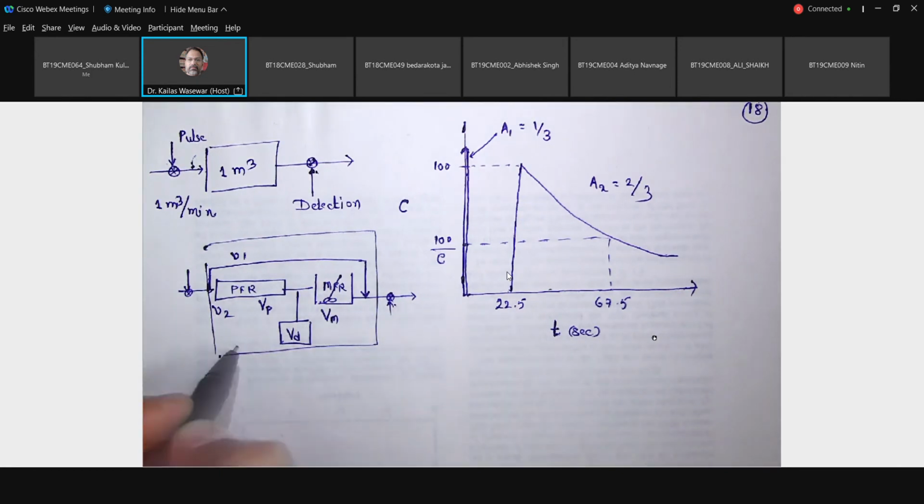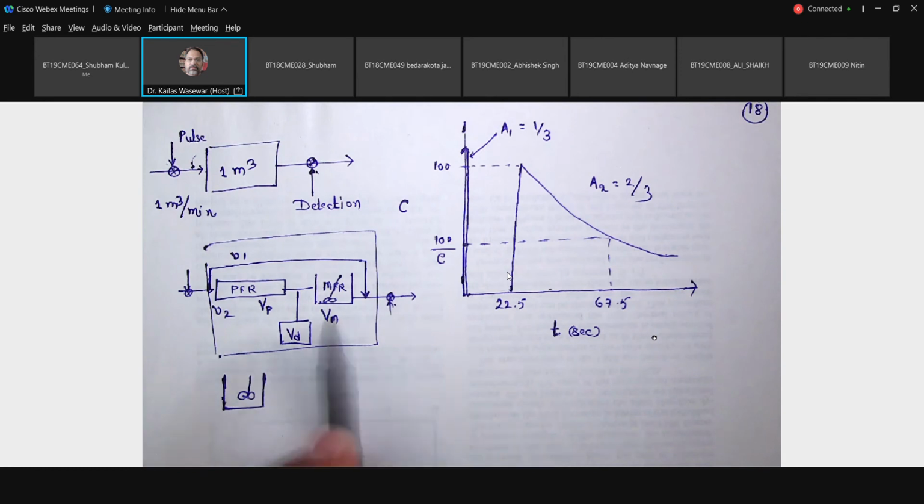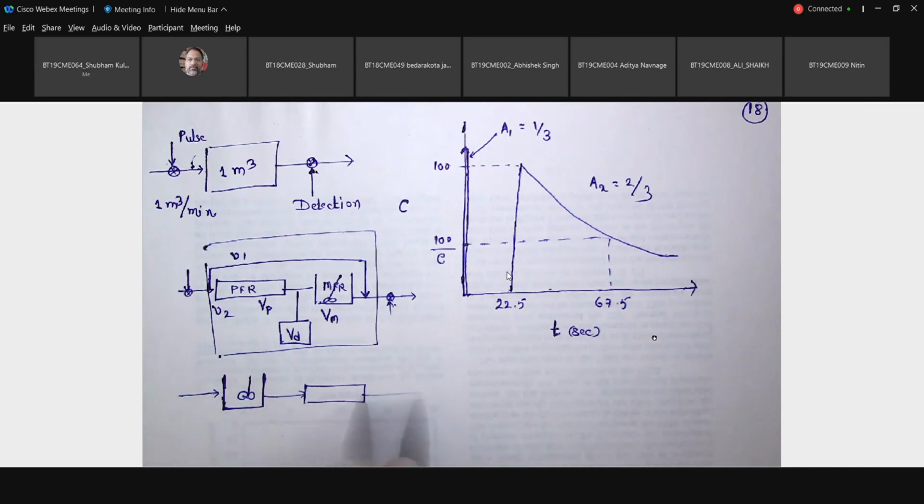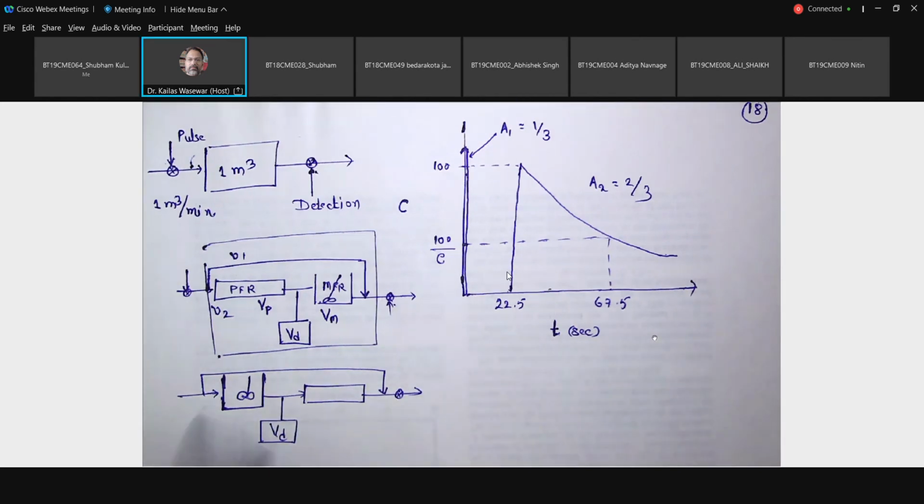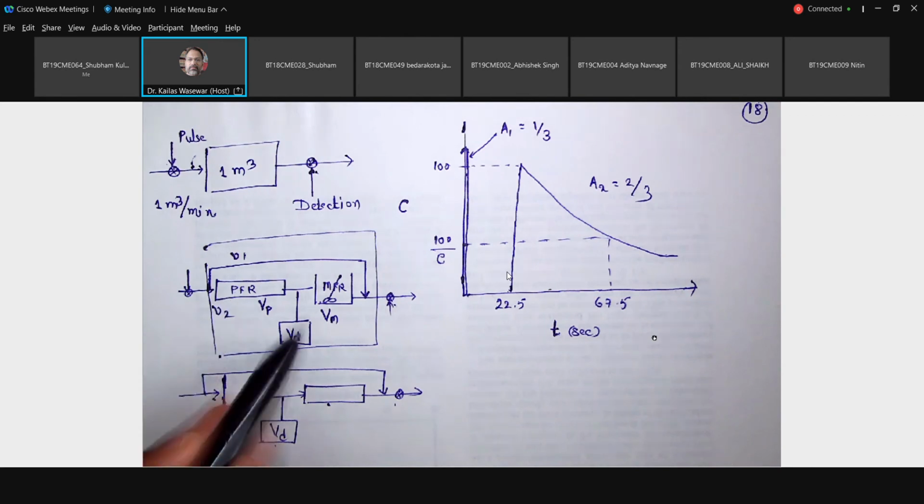Okay, remember, as we have seen, RTD alone will not give the complete picture of the flow behavior, because these kinds of flow arrangements will also give the same residence time. If this VD has been shifted here, here, anywhere, it will give the same profile. Is it? So we can take any of these, we can take this one, PFR, MFR, then there will be the dead volume. Now how can we calculate?